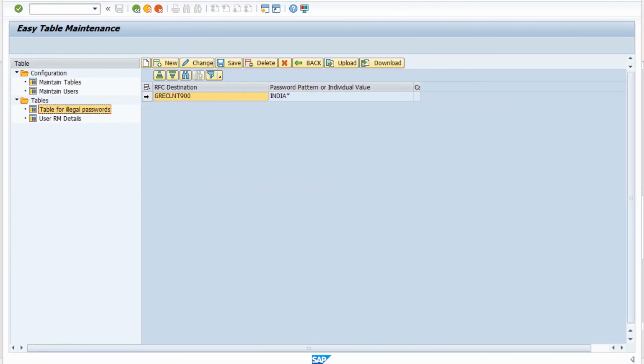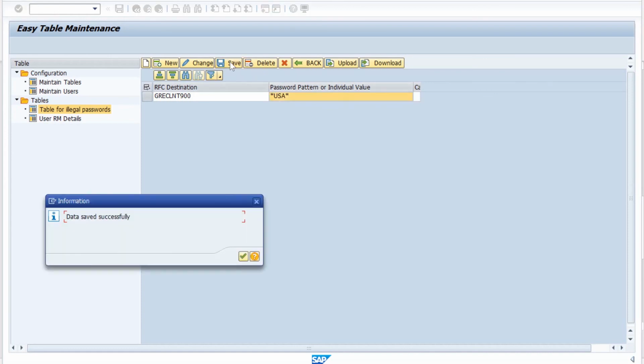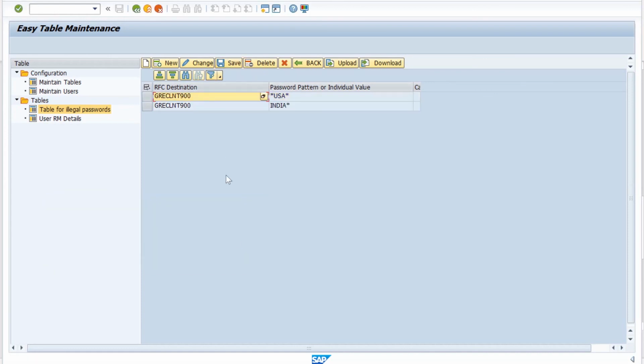If you see the existing record, I cannot delete it. Rather, I can only maintain the illegal passwords here. When I save the data, I'll not be able to maintain anything else.